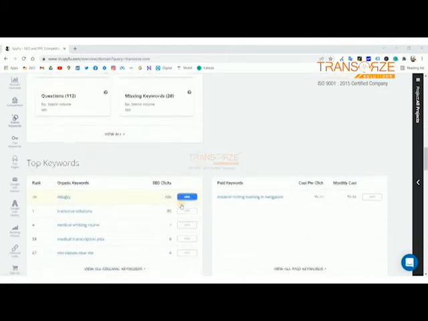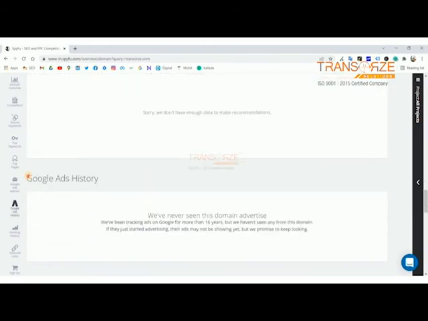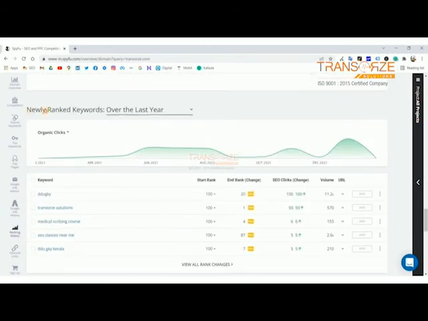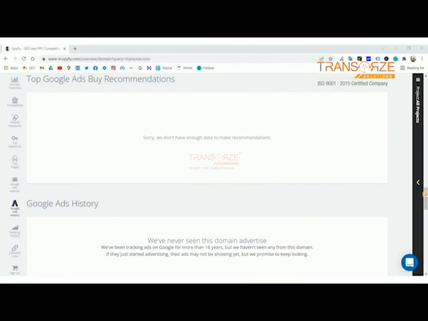If you scroll down, you can see the top pages, newly ranked keywords, inbound links, meaning backlinks, etc. You can also check the other tabs